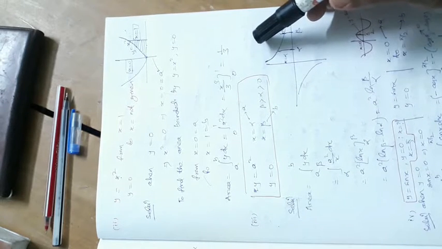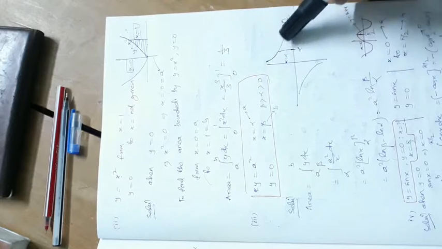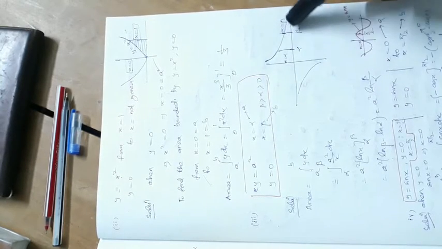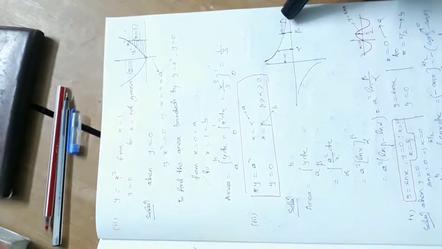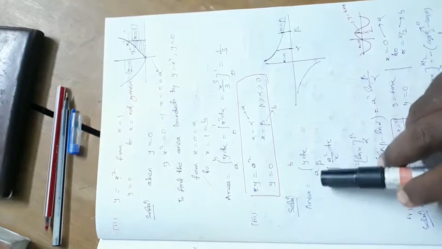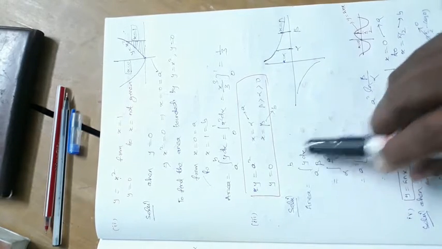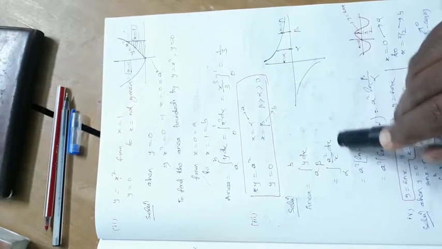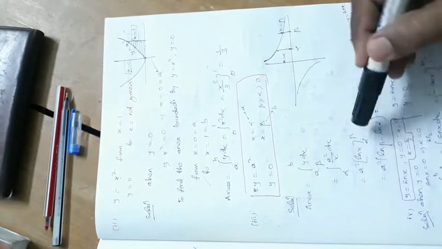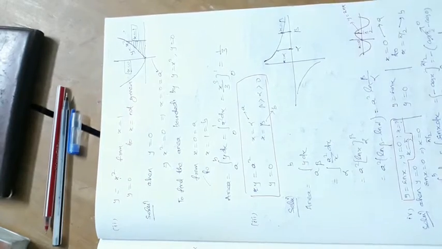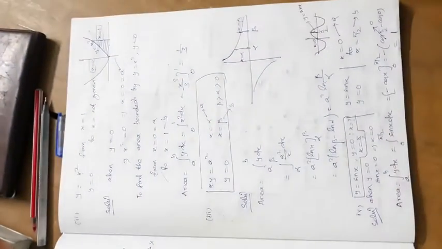That is PV is equal to K. In that case, this is the curve. One increases, another decreases. If one increases, another decreases. PV is equal to constant. Similarly, xy is equal to a square. Now what is area? Area is y dx integration a to b. What is y? It is a square by x dx. A to b means alpha to beta. Then you have to integrate and put the value, you will get the answer. Okay? It's very easy. You can do it.